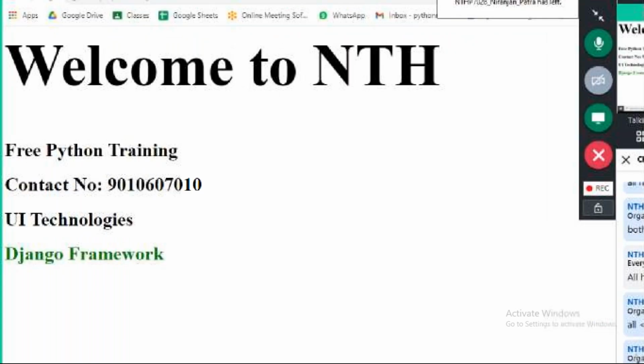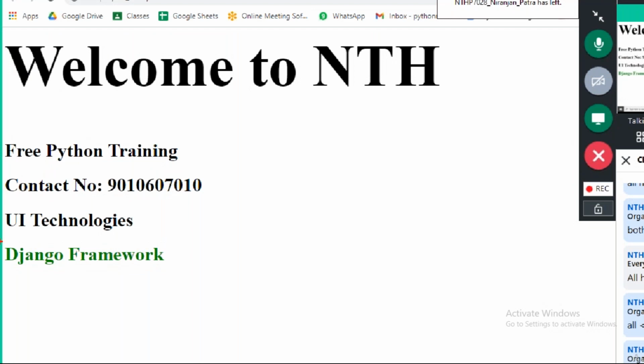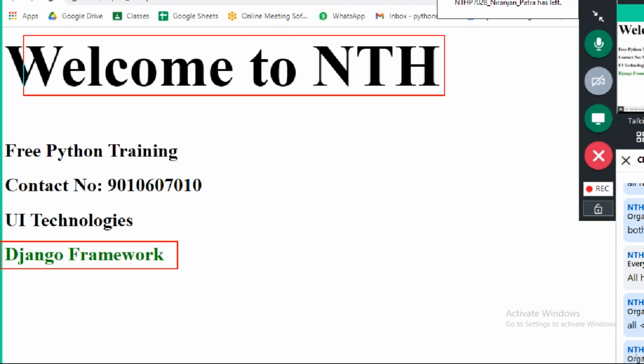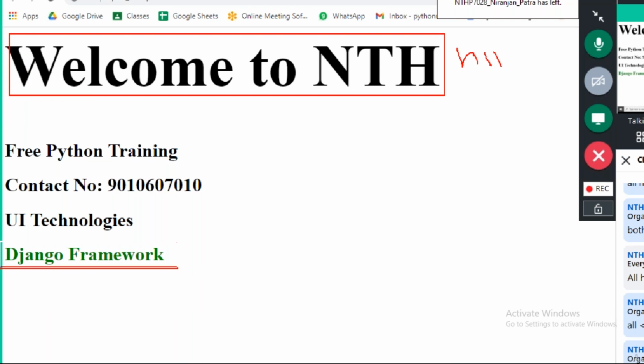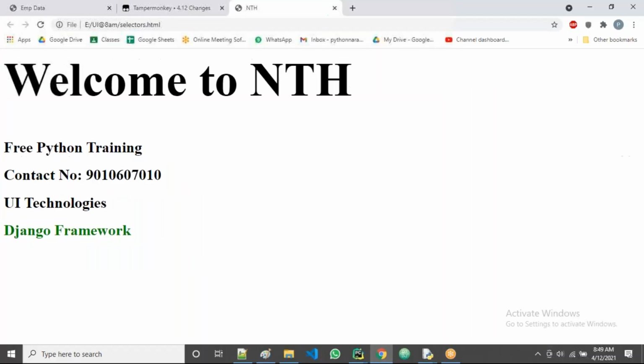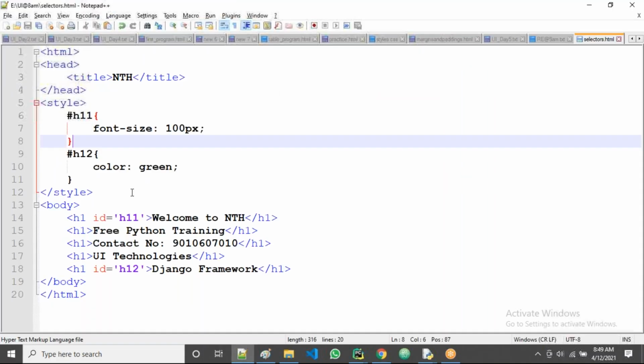Only the last one gets the style. So now we identified the first H1 element by using one ID, that is H11, and I identified the last element by using one more ID, that is H12, guys.